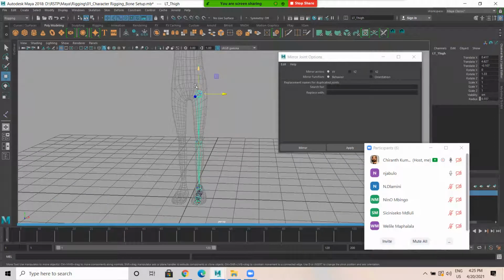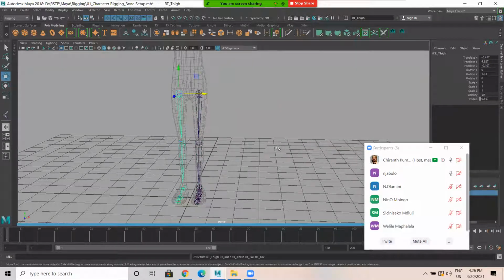Basically, I want to consider these two axes: one is the Y axis, another is this blue Z axis. That is ZY or YZ, because I want this to mirror to the other side. So it's YZ. Search for LT and replace with RT, mirror.